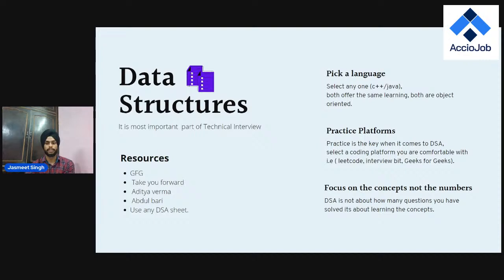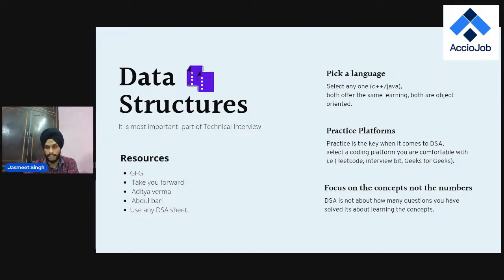So let's start with the data structure part. So what is data structure? Basically, data structure is a logical representation of data in a computer, right? It's done so that we are able to store our data in the most efficient manner and perform some algorithms so that the computation time required for any job done by the computer is as little as possible. Okay, so that is the main gist about data structures and why we learn them.